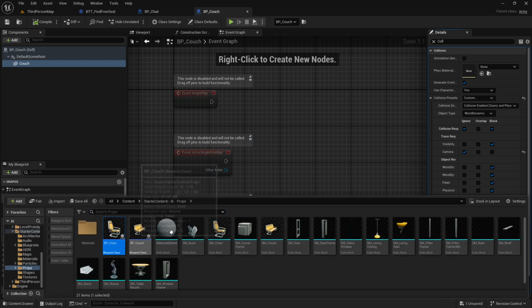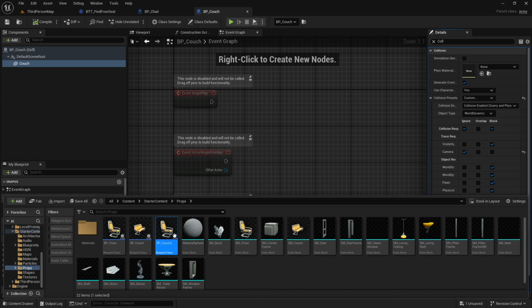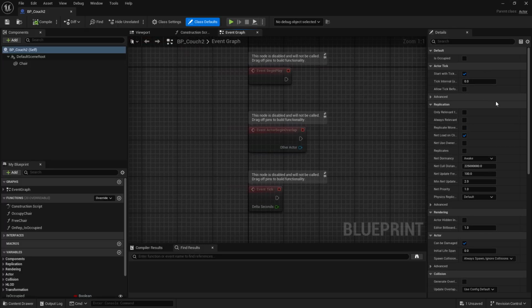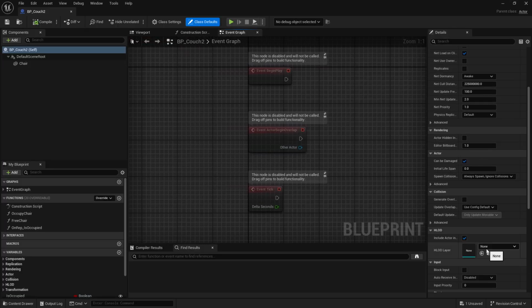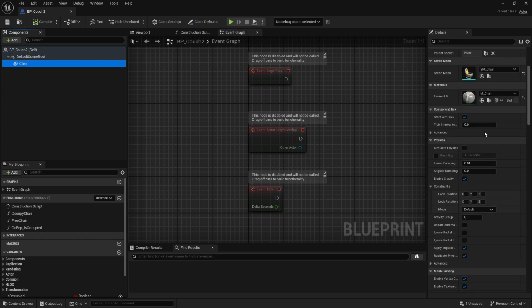Okay, crazy thought. Duplicate it. Couch 2. Let's find out if it's a static mesh or